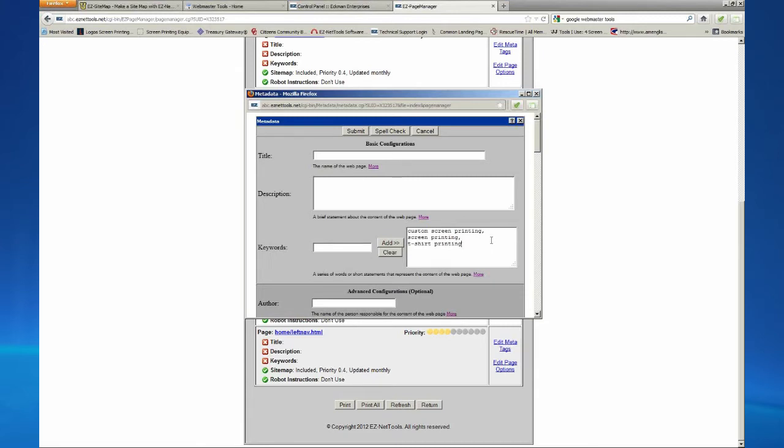Okay, that's good enough to get us started. Anyway, now I want to create a title that has my keywords in it. So let's come up with a title. And I could do a title as simple as